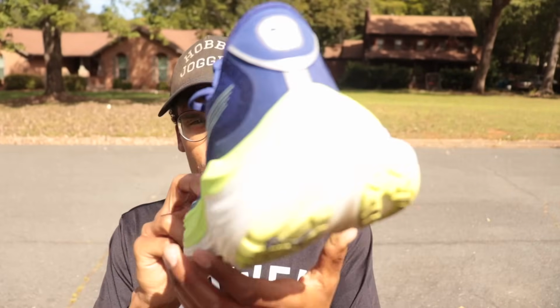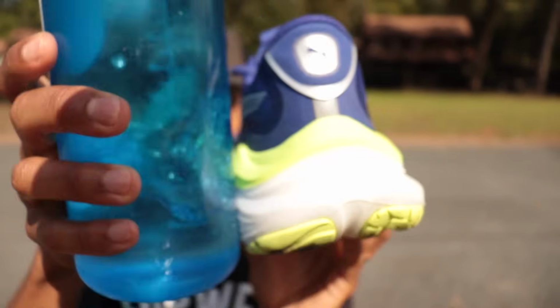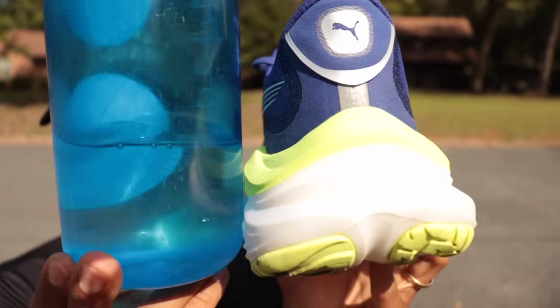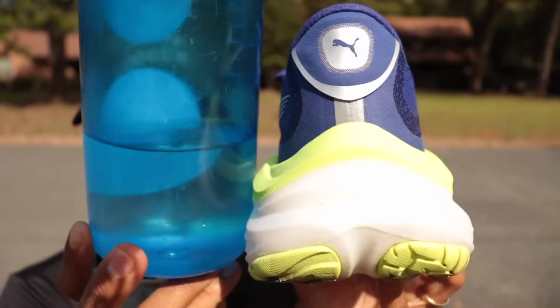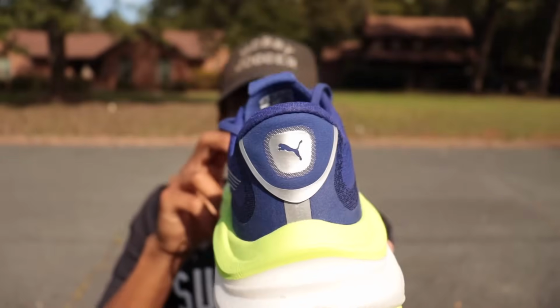Even compared to those shoes, the ability for a shoe of this size, of this weight, with this much foam, with this much girth, this is one of the thickest. I mean, I got my 48-ounce Nalgene. Is this thicker? This is legit thicker than a Nalgene. So you got the wide base for the stability, but it still can get up and go. It has range. I wouldn't use this for a workout much faster than that, but if you want a more stability, structured, comfort, everyday oriented shoe that can still rip when you want it to,